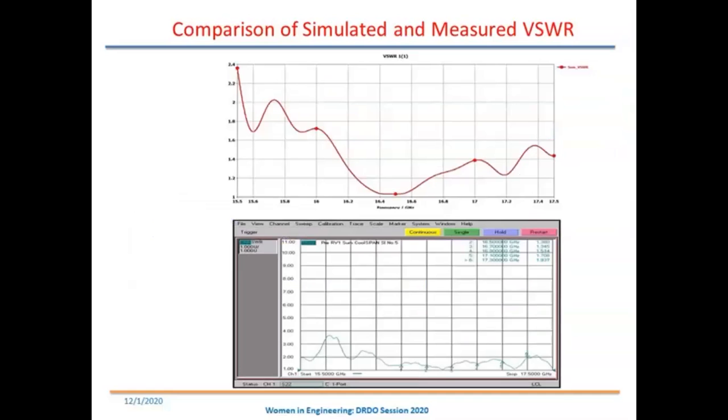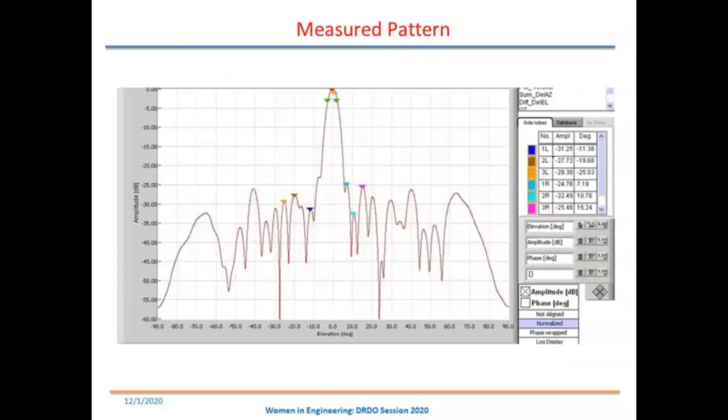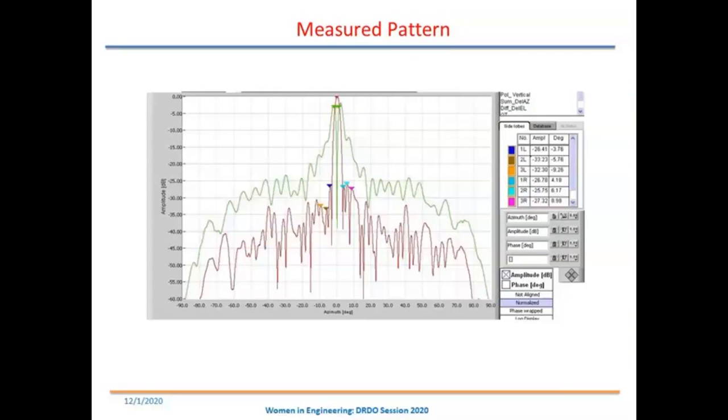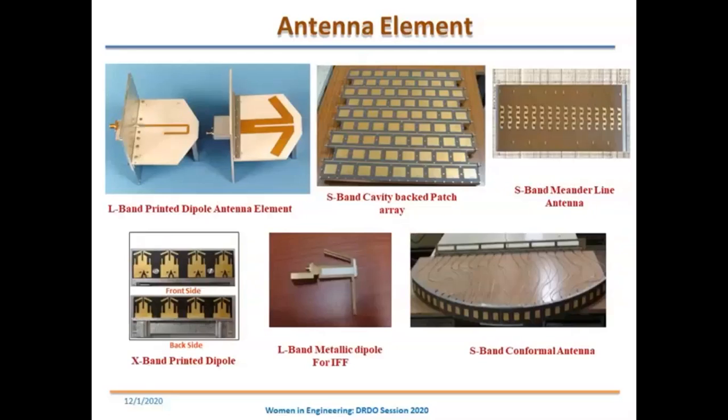So we can see it's almost following the curve that we could get in the simulation. And this is the measured pattern in one of our measurement facilities. This is for the azimuth pattern, and this is the elevation pattern. And I would also like to share some of the antenna elements that are widely used in some of our